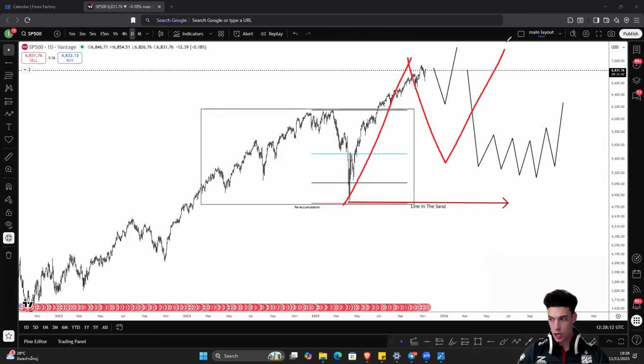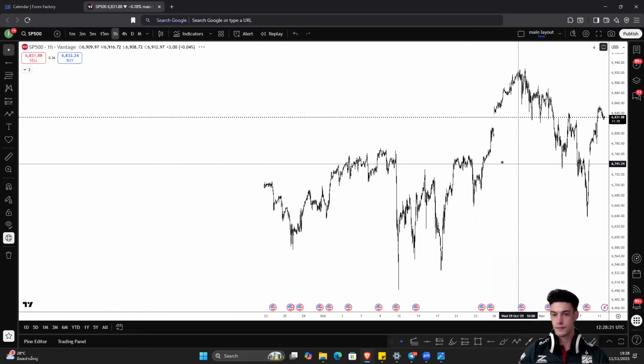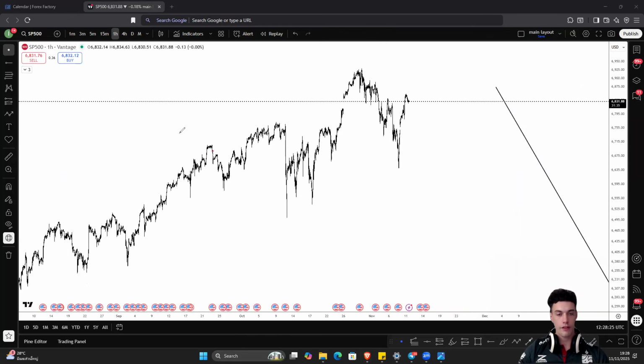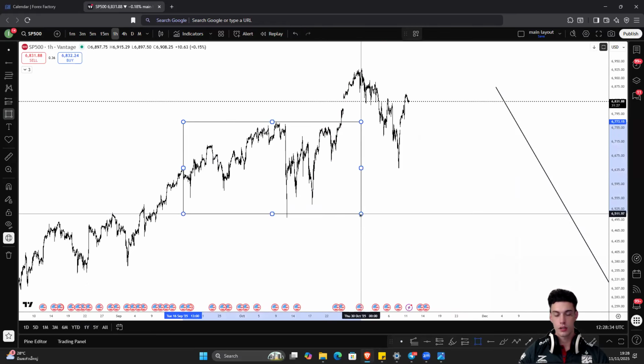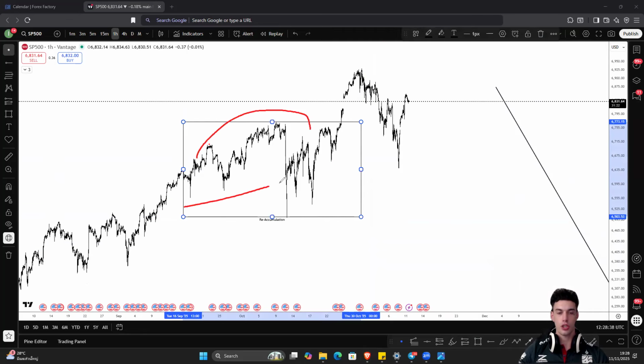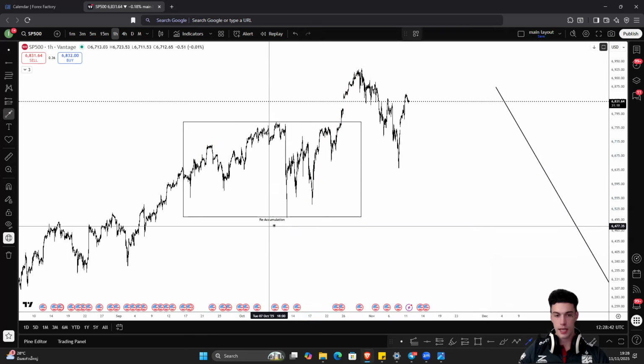If that's going to occur, the lower time frame must break first. So when I go down to a lower time frame, has the lower time frame broken or not? Well, we can see no, it hasn't. The lower time frame is still bullish because it's being maintained from this box, this reaccumulation. So I do the same thing, right? Box, validate the box, distro, shake, break, right? Line in the sand,